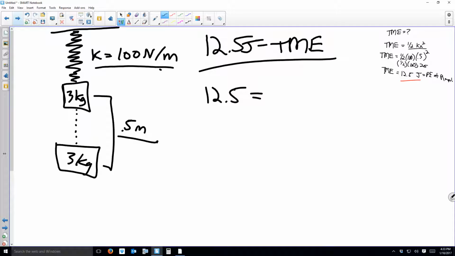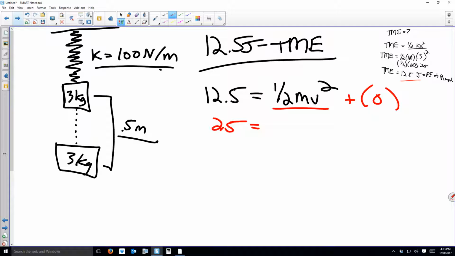Well, at equilibrium, we only have kinetic energy. So that 12.5 has to be only 1/2 mv squared. At that equilibrium, we've got a 0 for our potential energy. So that's just a matter of plugging some more stuff in and solving. I'm going to multiply both sides by 2 to get this to 25, equaling mass of 3 kilograms times that velocity. There's that mass again. Divide both sides by 3. It's 8 1/3